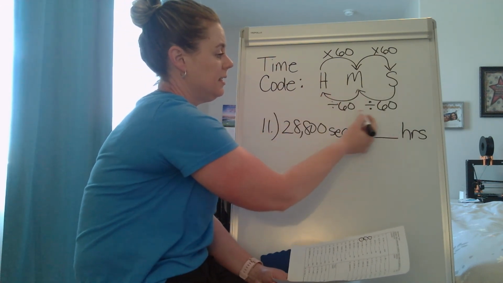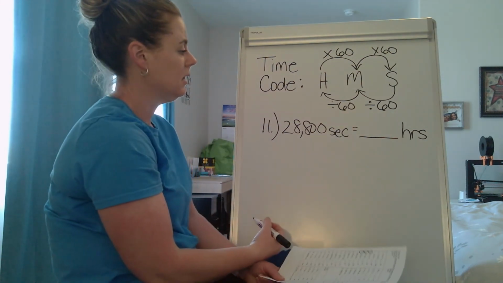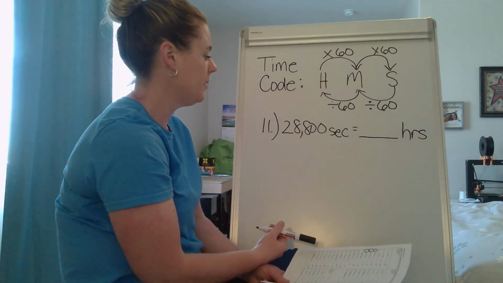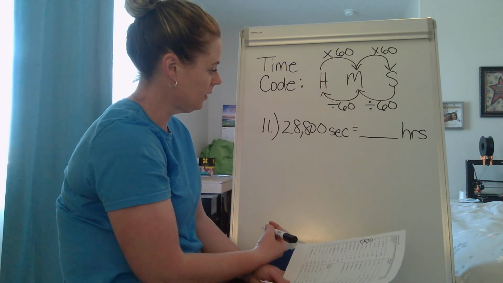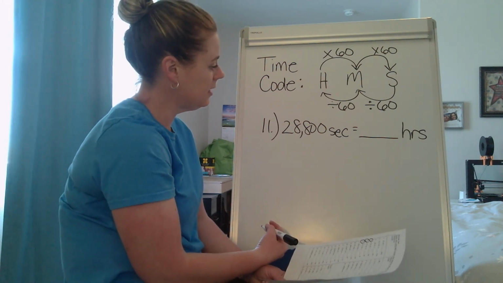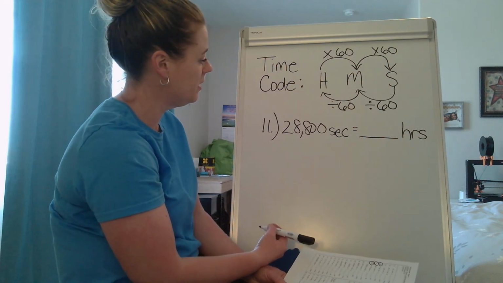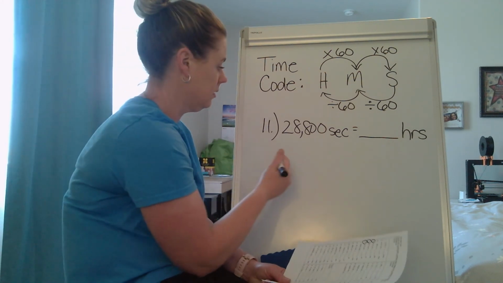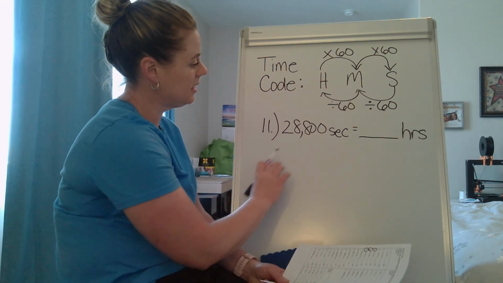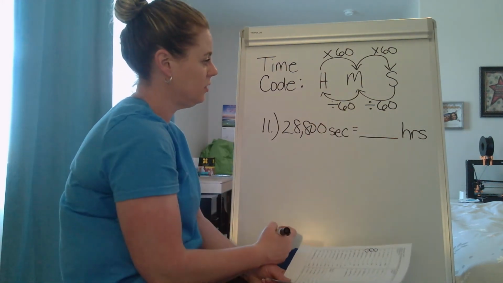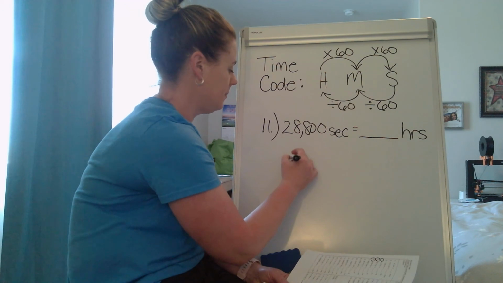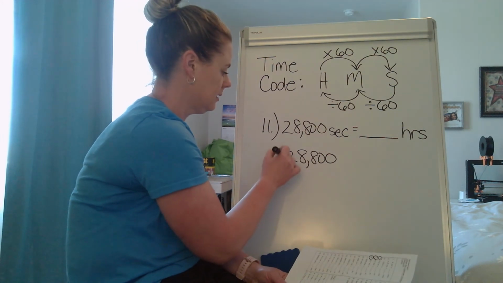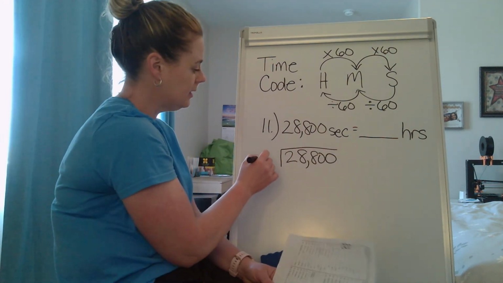You're going to go 60 times 60, which is 3,600. But actually, it might be easier to go from seconds to minutes than to hours. Because seconds to minutes, you're only having to divide by 60. So if I took 28,800 seconds divided by 6,